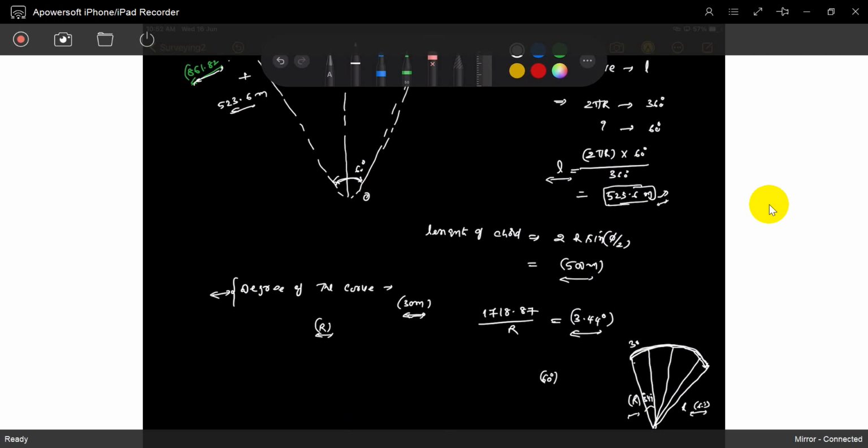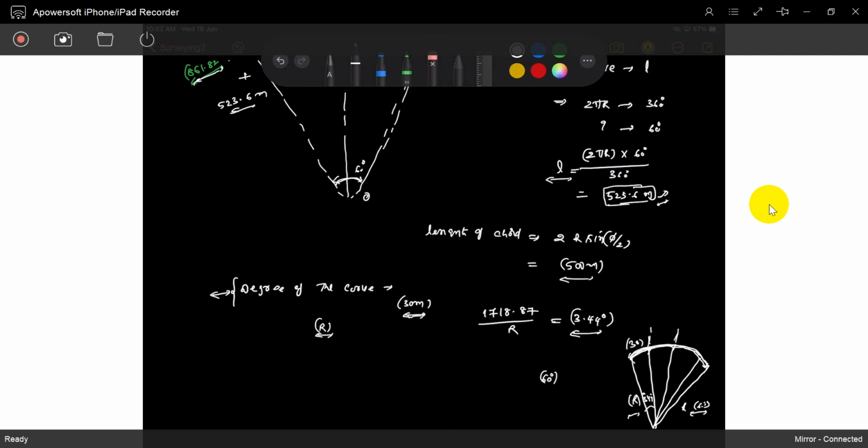In those 523, for 30 meters, how much angle is covered? That is the only meaning of the degree of the curve. In those 523, for 30, how many degrees are covered? 3.44. Because these are the lines drawn. We have only 30 meters available, a 30 meter chain. So we can draw these lines extended to fix those points. Later we will see.